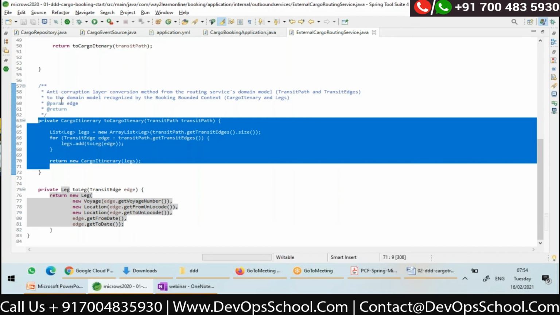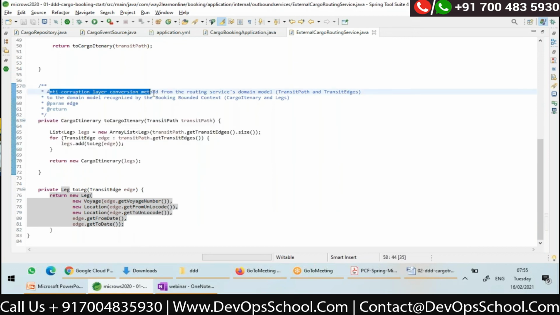This is the anti-corruption layer conversion method, which converts the routing service domain model to a domain model recognized by my booking bounded context.